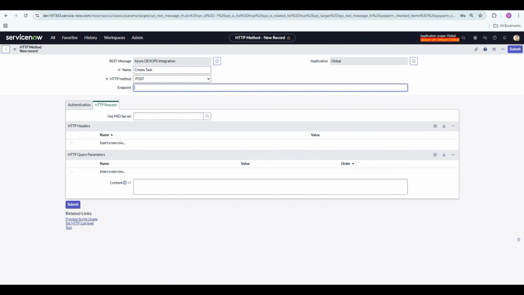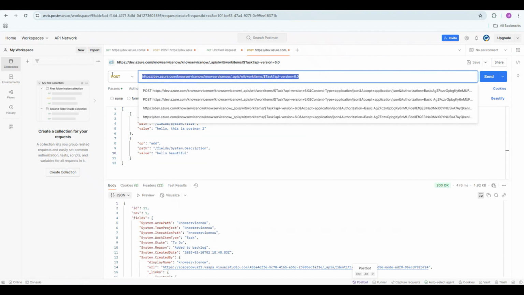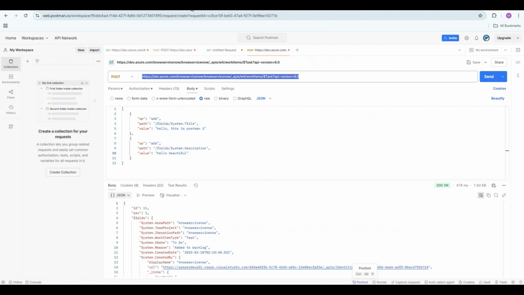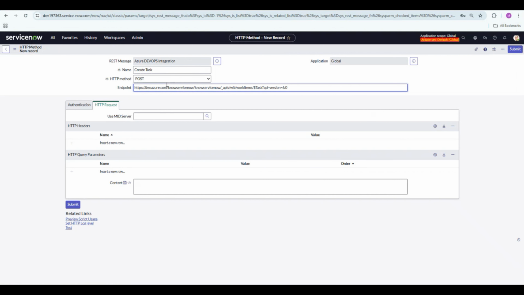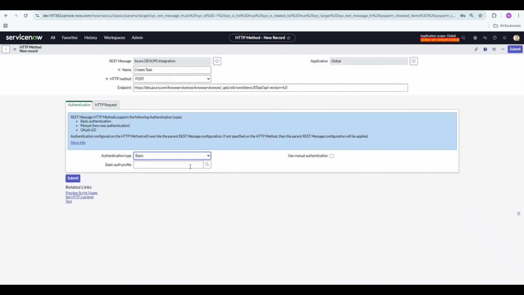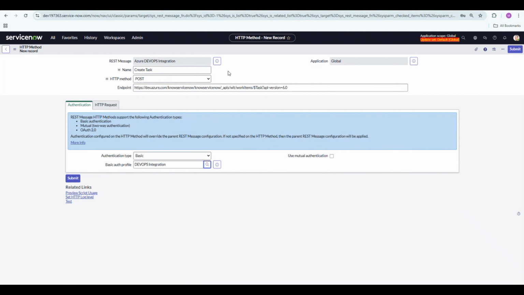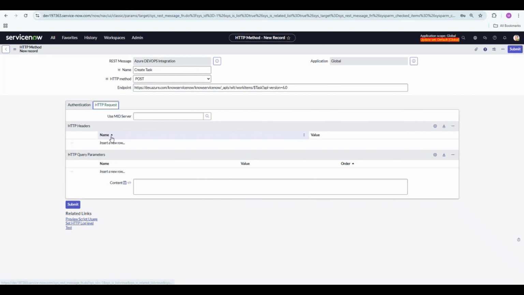And I am going to quickly copy the URI and paste it here. It has already inherited from the parent, so it's not required, but just to make sure that it works, I have selected the authentication, and I'm going to create